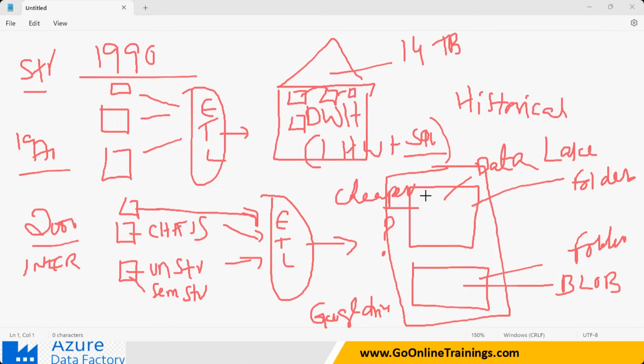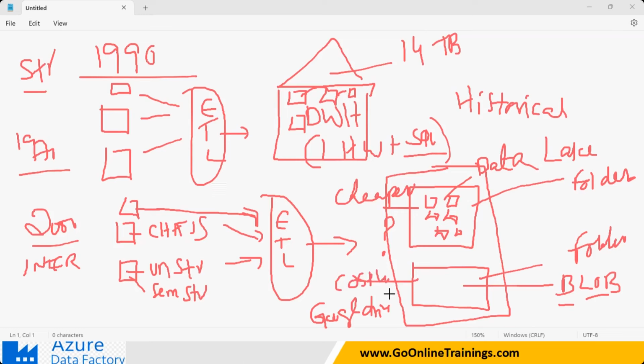Just like a folder where you will be able to store your files, audio messages, video messages, everything, but it is very, very cheap. But when you go to the blob, blob means binary large object. I'm going to be storing, let us say, 200 GB of a single file, a backup file, or I want to store a 500 GB large file. So if I want to store a large file, different storing techniques are going to be used. So it is also one more folder only, but which is very, very costly.